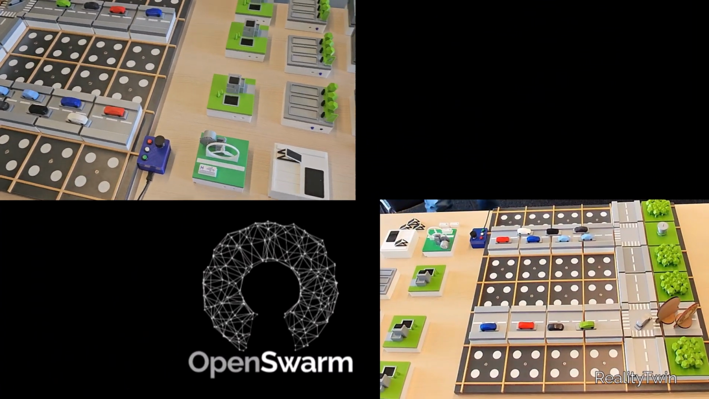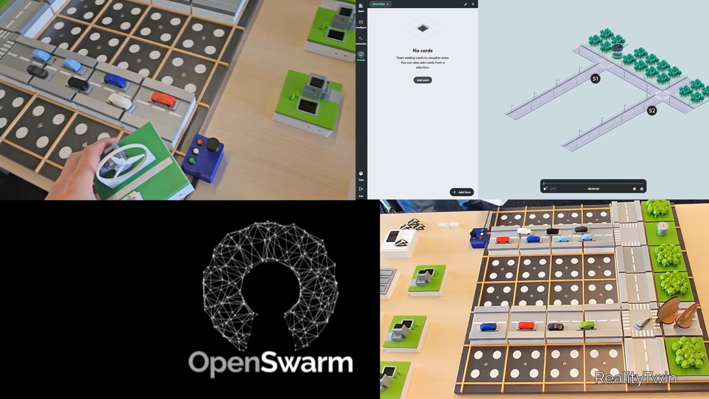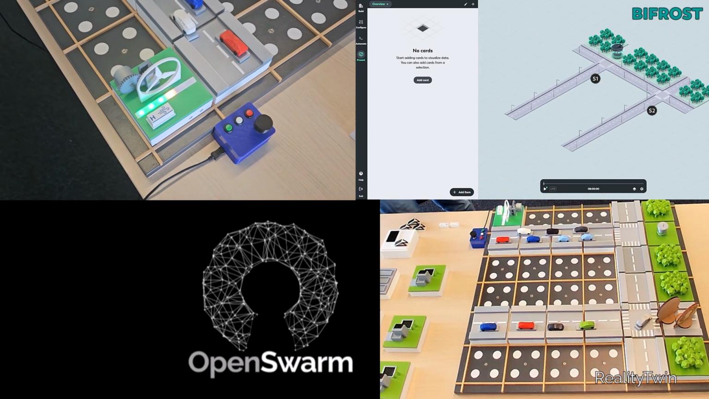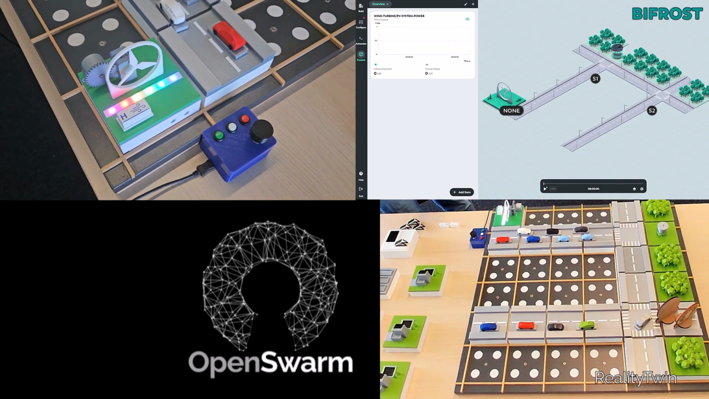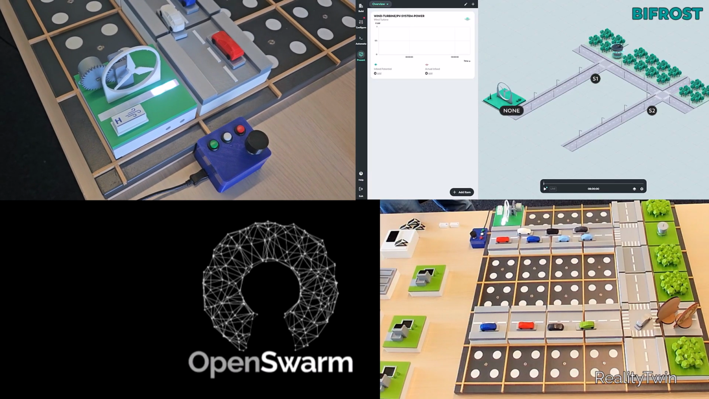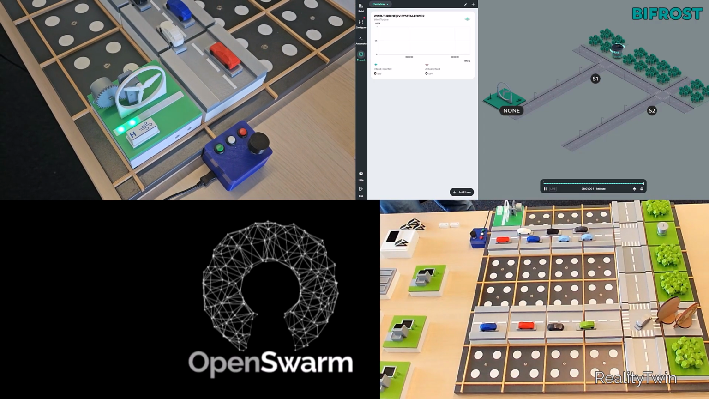Let's add an element like a generation device, like this wind turbine, to our canvas here in reality. And we see that this wind turbine registers itself into the Bifrost simulation. When I now start the simulation,